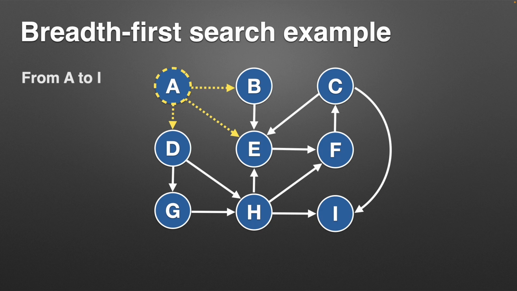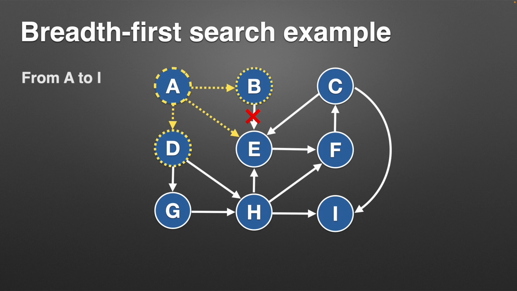The first thing we're going to do is go to the first one, which is B. And what we're going to see when we ask B for its neighbors, right, to put in our queue, is that it says, well, I've got E, but we already know about E. E's already in our queue because it's a neighbor of A as well. So we don't need it twice. We'll just throw it away because there's no reason. So B has nothing else for us to do. So we're going to bounce back to A, and that means when we come back to A, we'll go to D next, right?